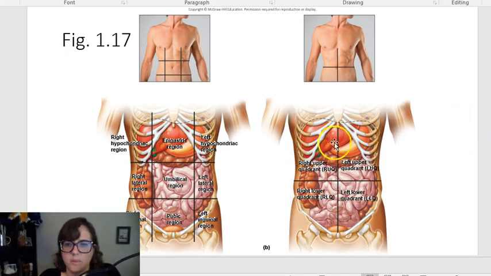Okay, so the reason why we have these quadrants, and all you need to worry about is this 4-quadrant system, not this crazy system. This does go into more detail, and as you go higher in your anatomy classes, you will need to know this level of detail. But all I care about in this class is that if I were to say, look at this quadrant system and tell me what organs are in them, you would be able to say,